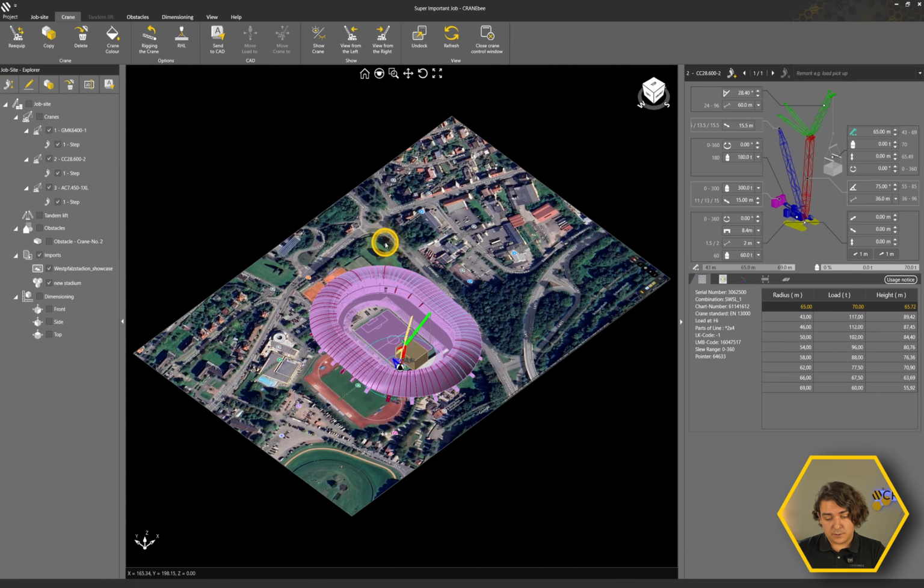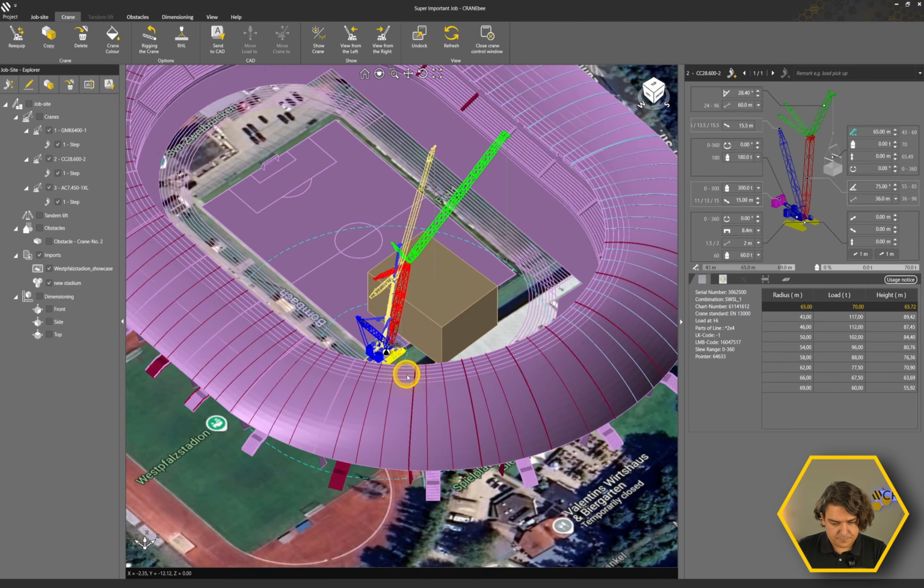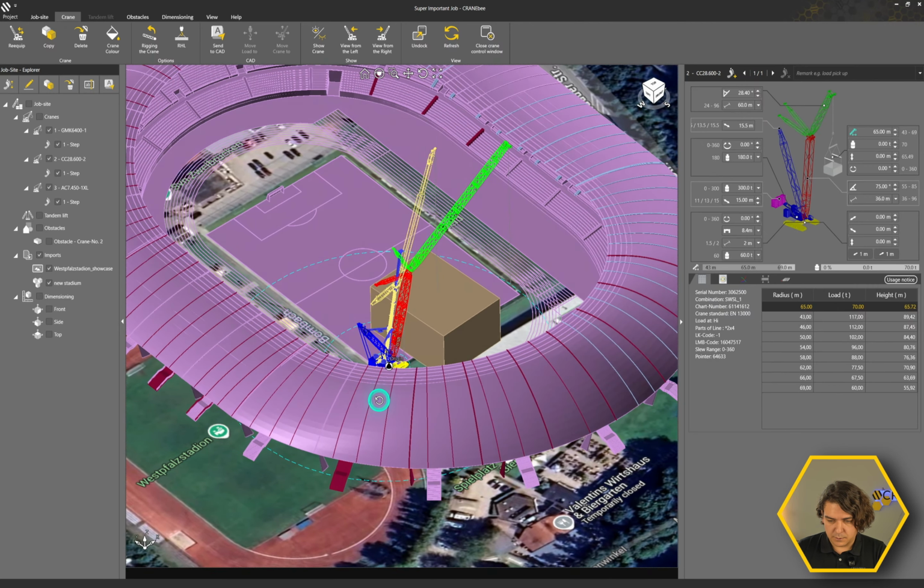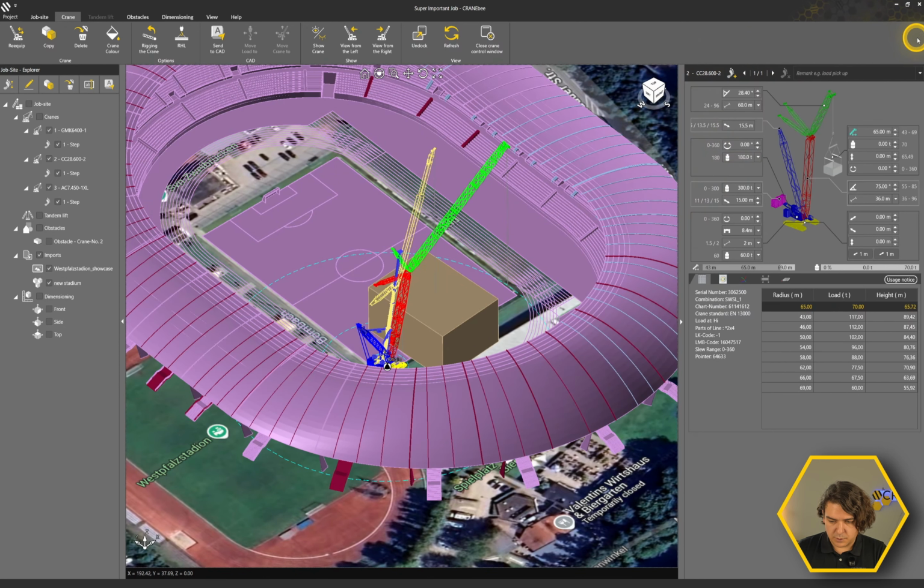We are back in our job site, the super important job, as you remember from all the last videos. We still have our 3 cranes in there. And we're now gonna talk a bit more about the right side of the screen. So the right side is cut into 2 pieces. We have a top part and a lower part. The lower part is gonna be the topic of another video because it's a bit more to talk about. So I'm gonna only talk about the upper part here.